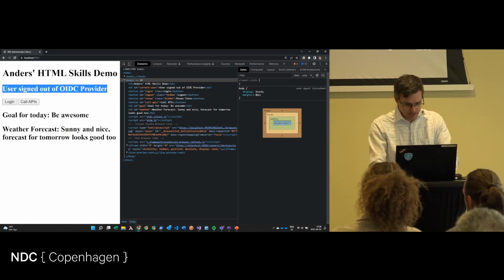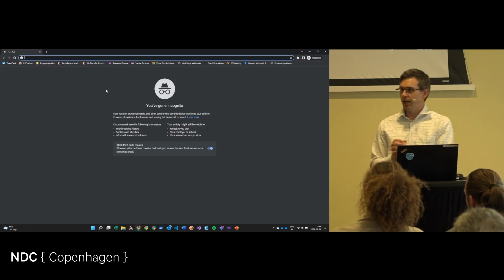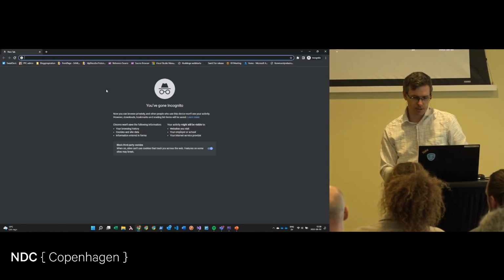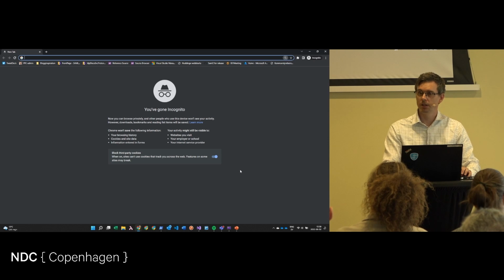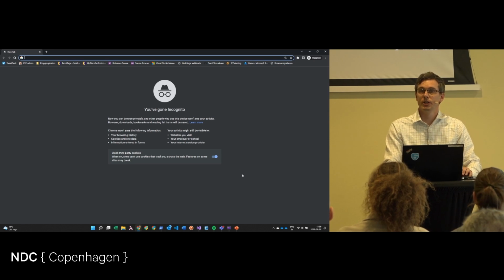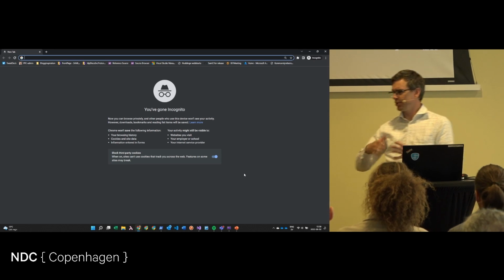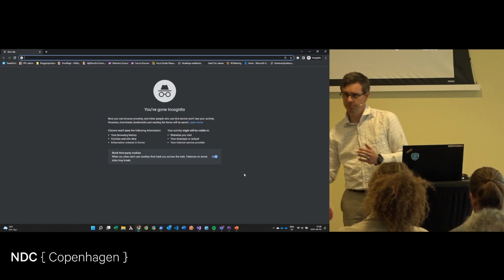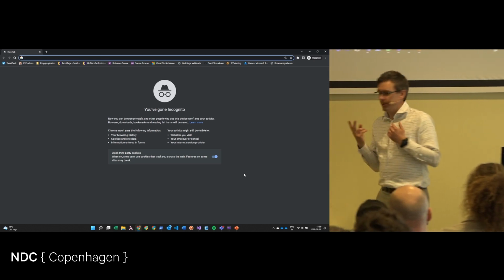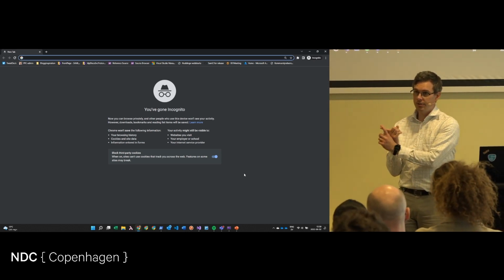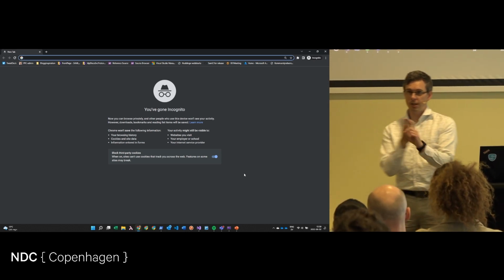Until, do you know about Safari? I don't have Safari, so I have to run with Chrome, but I'm using this block third-party cookies. Safari has it by default. Chrome has said they want to block it next year. But the thing is that third-party cookies are really used for two things. One is authentication, distributed authentication, and one is tracking people for